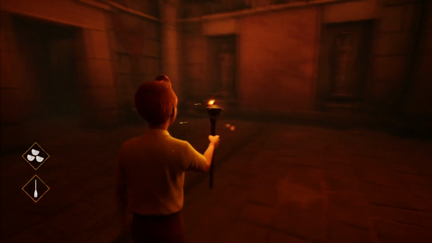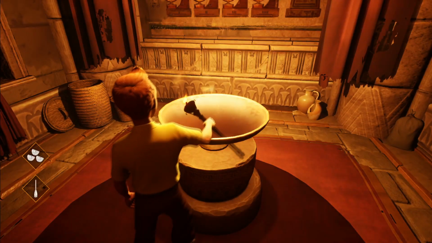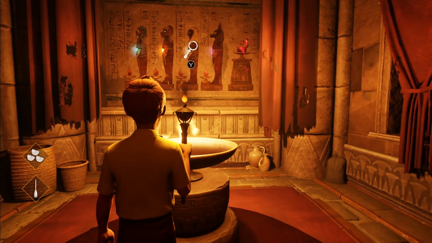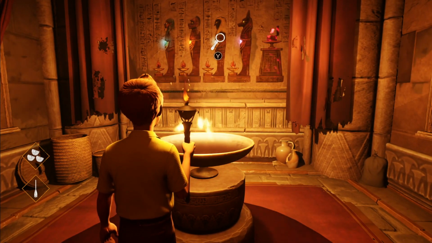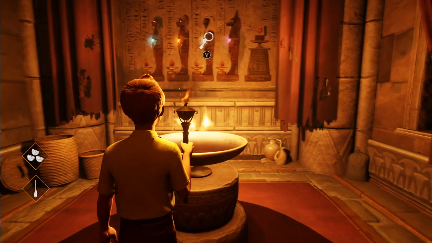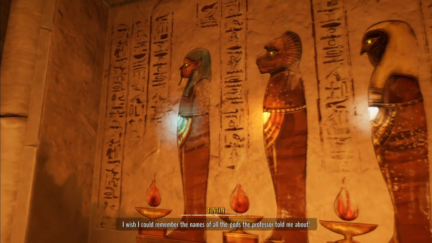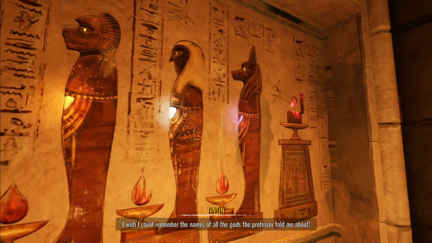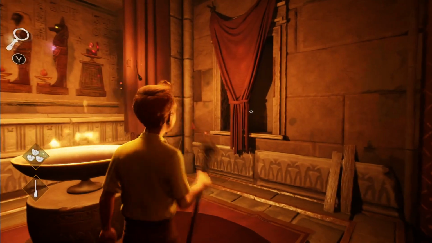So I can give them the gems now. Right. So blue gem to the human, orange to the short-nosed dog thing. I wish I could remember the names of all the gods the professor told me about. Supposed to be a lion? I know the last one, that's